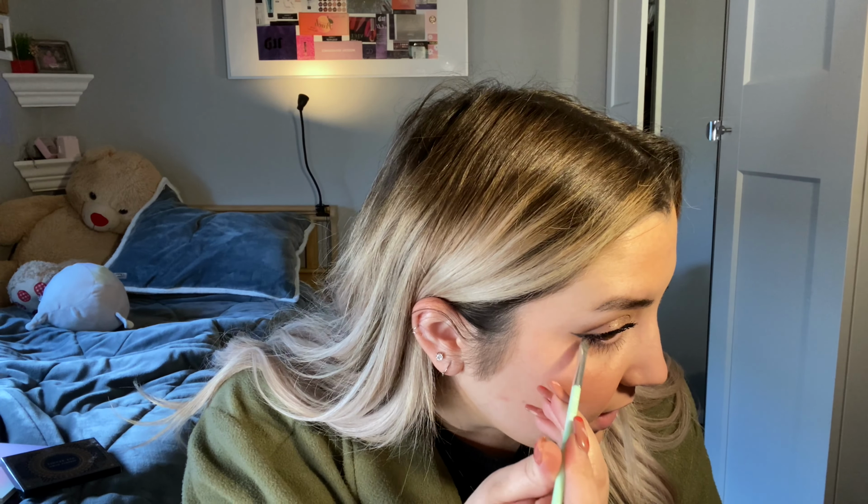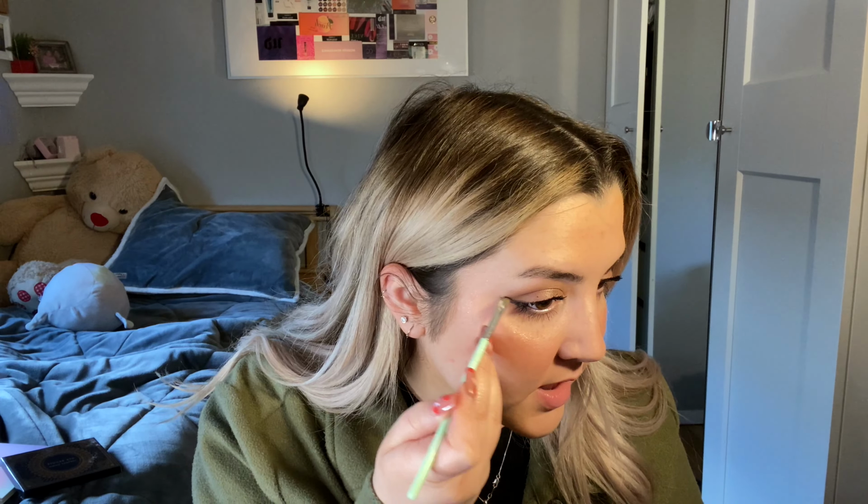I kind of like the navy. It's a little bit different. Normally I would go with a brown for a liner, but the navy is kind of cute. Yeah, I actually like that. The formula is really nice. It's a really nice